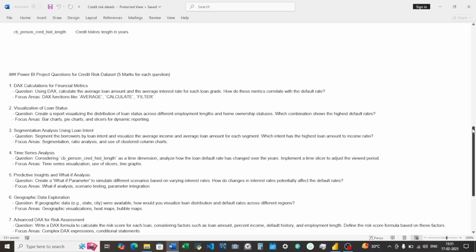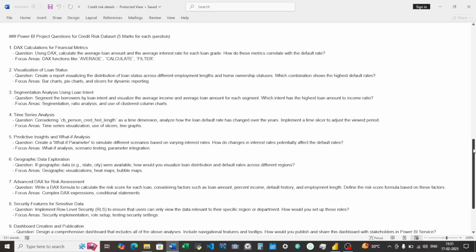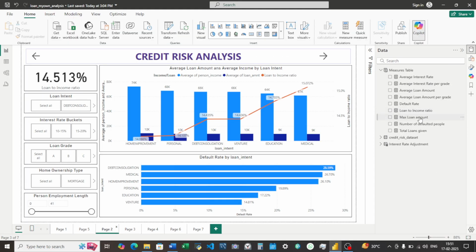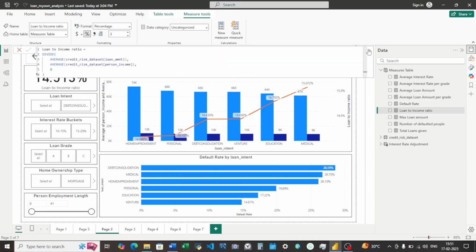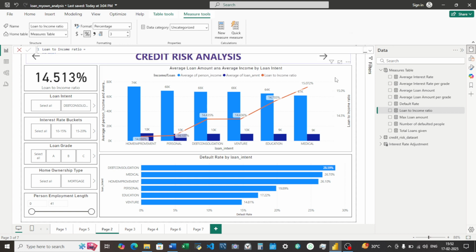Segmentation analysis using loan intent. Segment the borrowers by loan intent and visualize the average income and the average loan amount for each segment. Which intent has the highest loan amount to income ratio? To find that out, I created the loan to income ratio measure. I just divided the average loan amount by the person income,